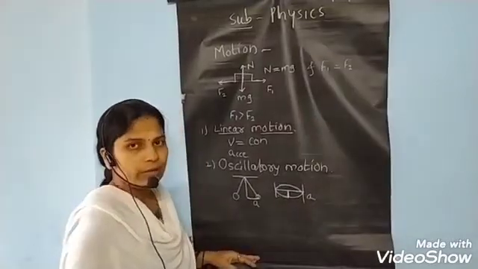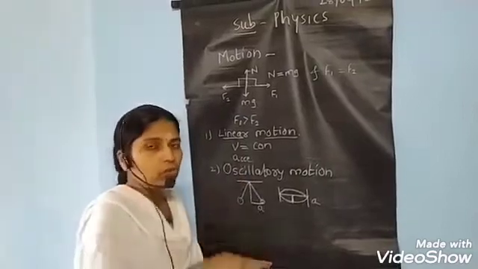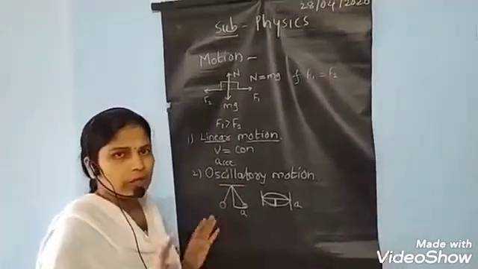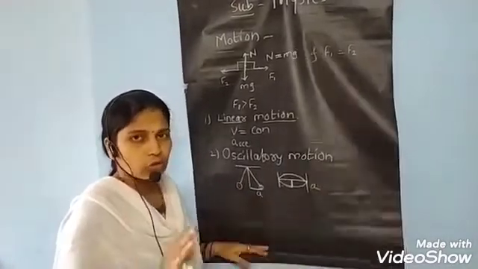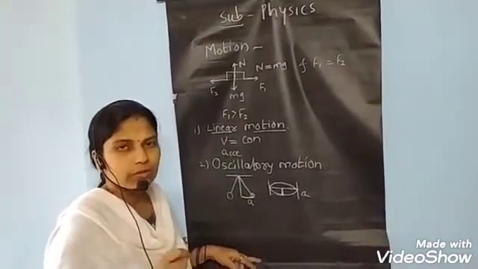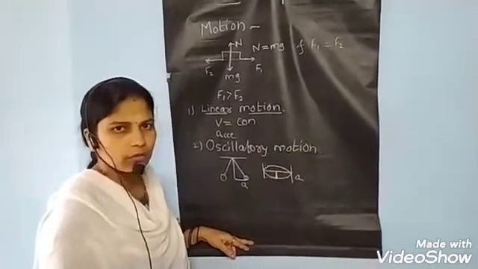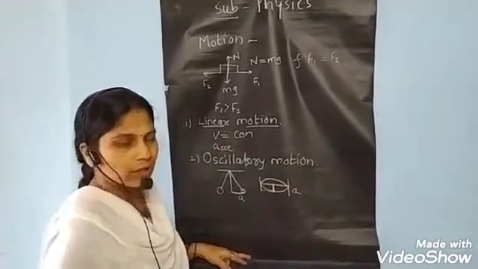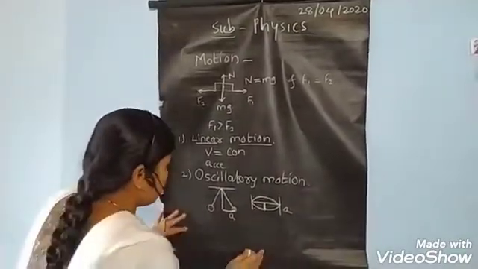As well, we know the needle of a sewing machine moving up and down, the wings of butterflies moving up and down, or the motion of the wings of butterflies or birds, which is random motion. They move anytime and anywhere. So this motion is called random motion. Then we discuss circular motion.